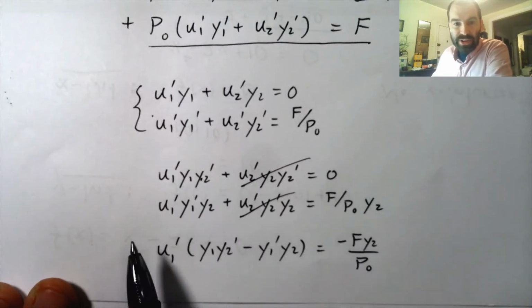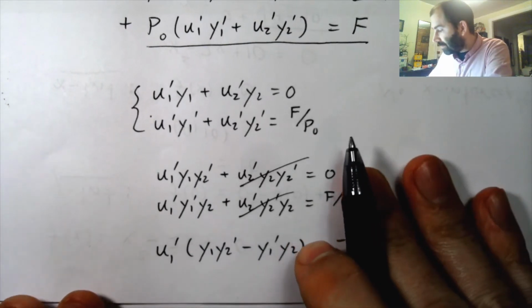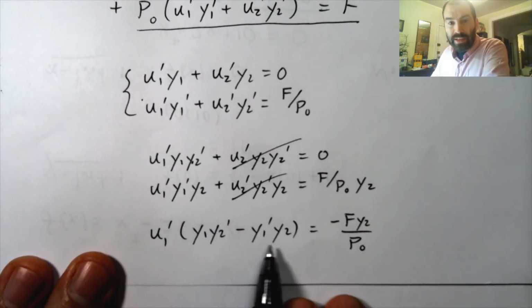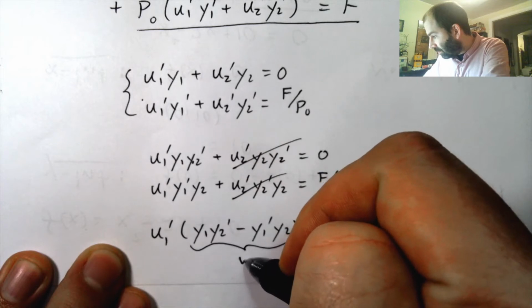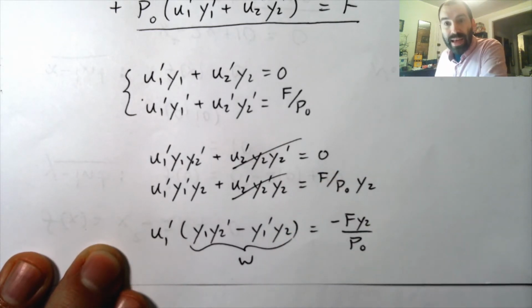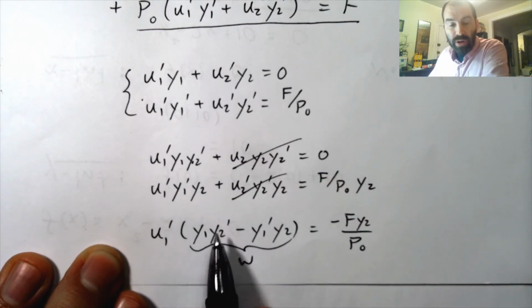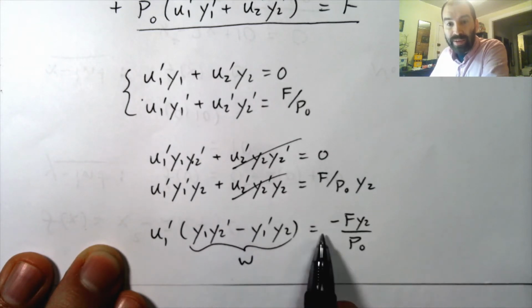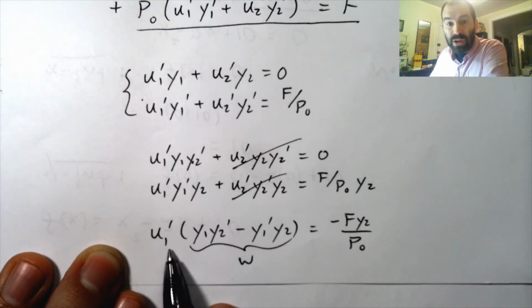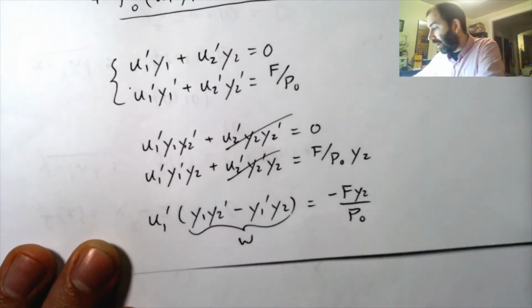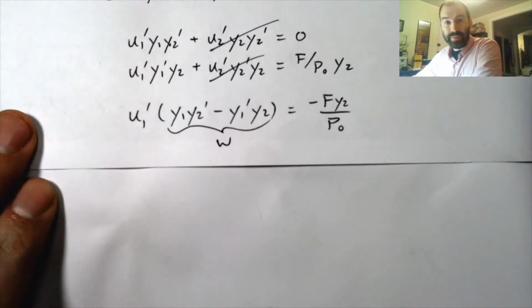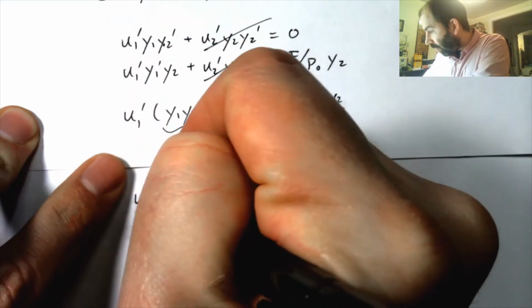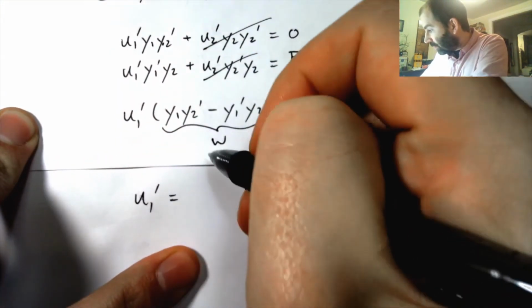Okay, so let's go back to the problem. Okay, so here we are. This is where we were. This thing, remember, is w. Right? And we said it had no zeros if we choose y1 and y2 to be independent solutions to the complementary equation. We can divide both sides by w. And then we have an equation for u1 prime. Okay, so let's do that. All right, so u1 prime is equal to